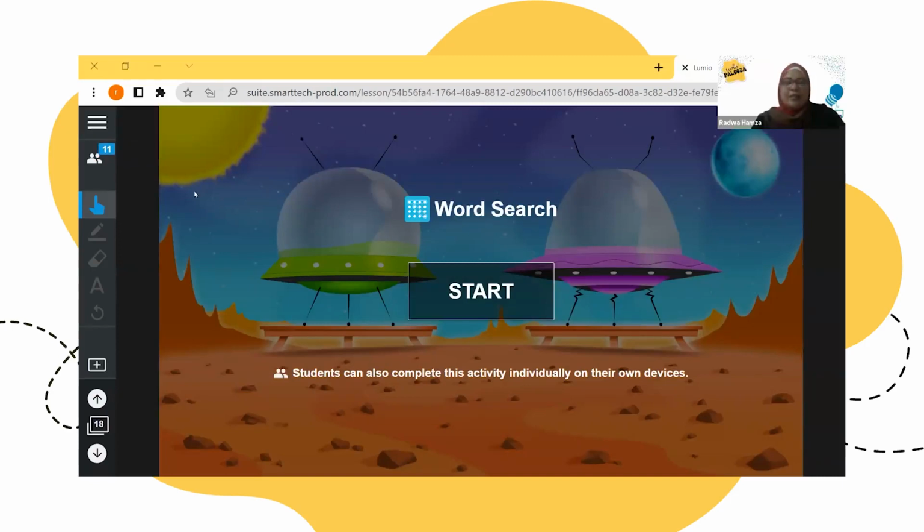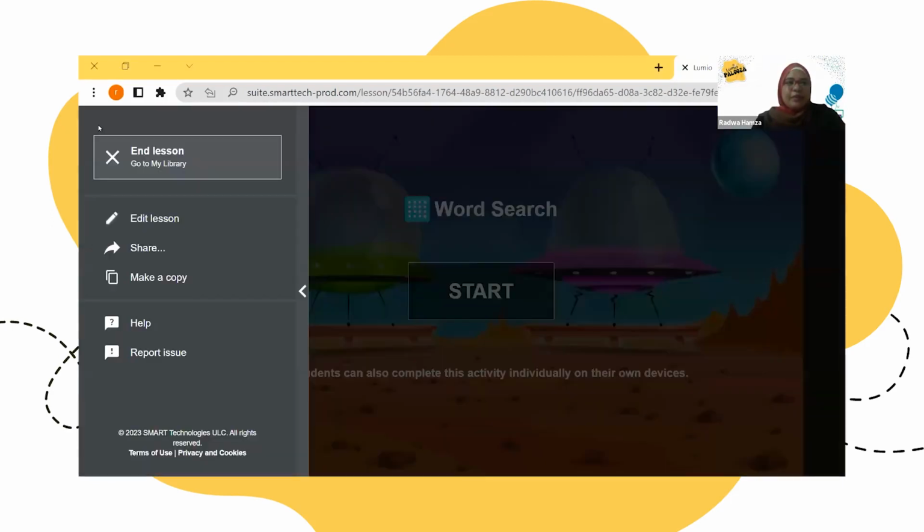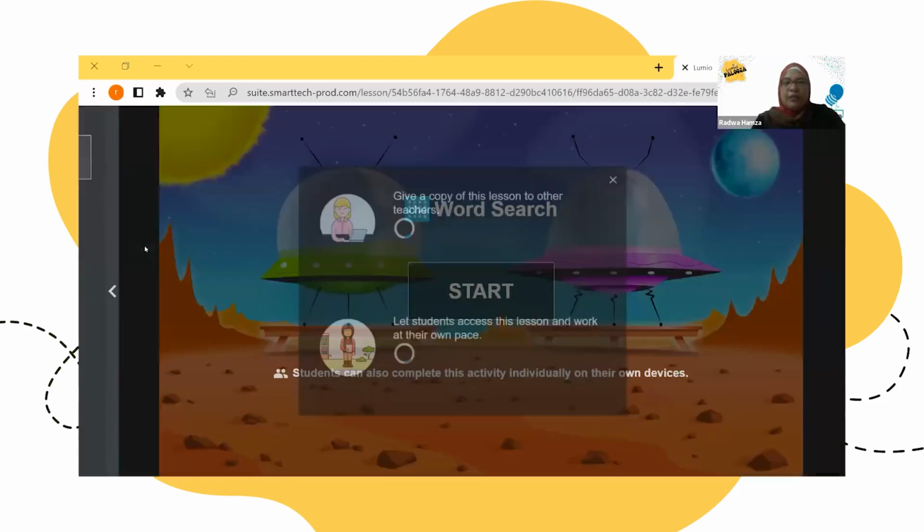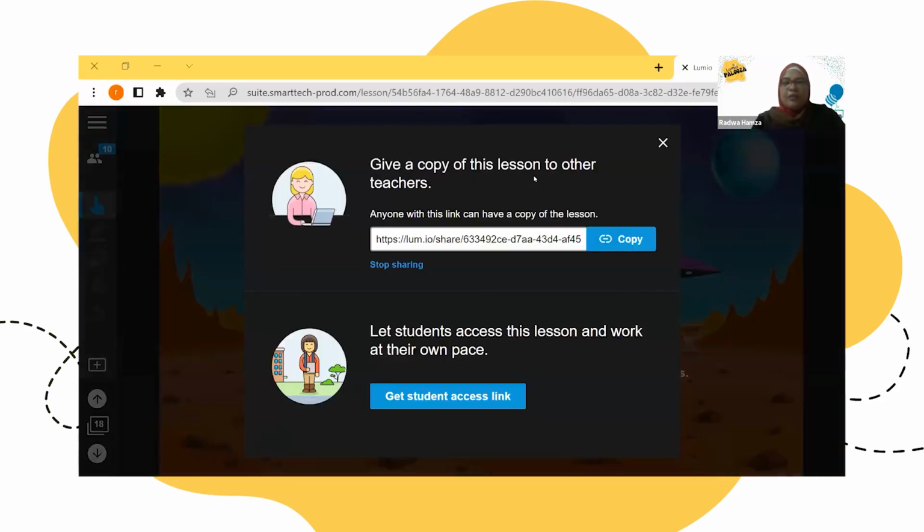Okay, this is my lesson. Here, you can click these three dashes, and you can find a lot of options here. You can share your lesson. How can you share your lesson? You can click here, and you have a copy of the lesson for teachers or for students. You can send this to your students to work alone at any time.